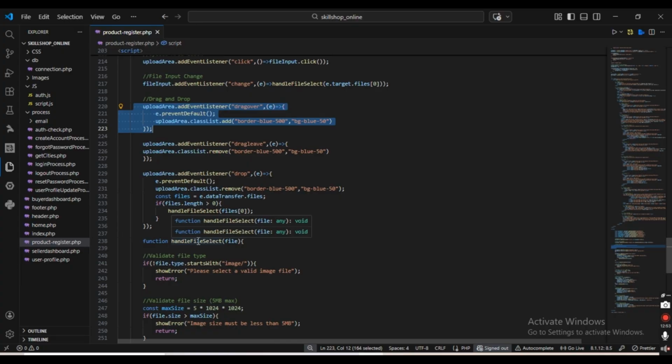Here, when the file leaves the upload area, the blue highlight is removed, and the design returns to normal when the user moves the file away. This keeps the user interface clean and responsive. And here,